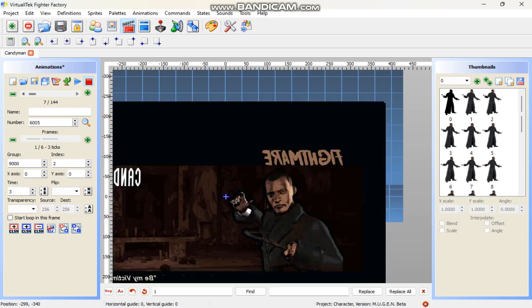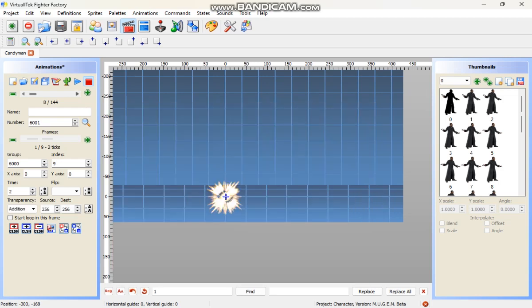See, I was trying to have this replace the pentagram move, and I don't know why it didn't work, so I'll figure it out later. Unless I have to change it in the animation section, like go in the numbers and switch it. That could be...